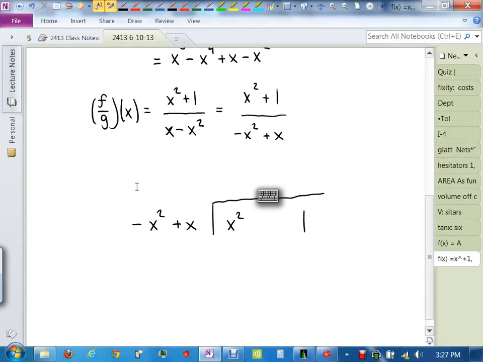How many of you have seen long division before? It's just been forever, right? Okay, so what you do when you have long division is you look at the first term here. Now everything has to be in descending order, which it is, and you ask yourself, what do you multiply